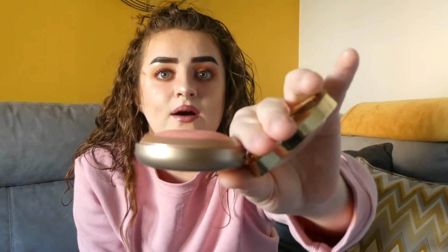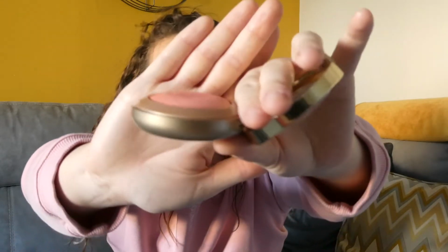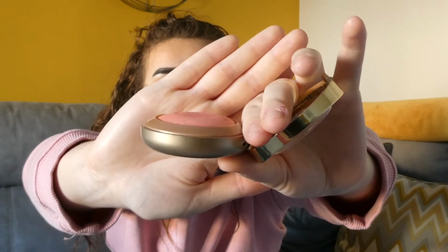Then the Milani Blush, honestly I've not noticed a ton of progress with this. I have used it 5 times, but I haven't been using it all over my face. I pretty much only use this to blend my highlight and my blush together, just so it all looks a little bit more smooth. So I'm not noticing a ton of progress. It's definitely flattening out. I feel like it's so easy to see how flat that is now, but yeah,